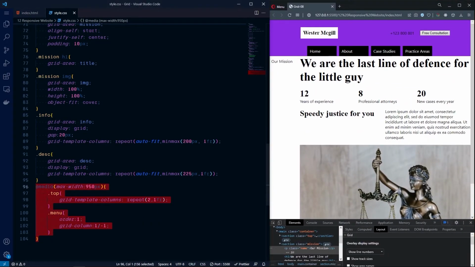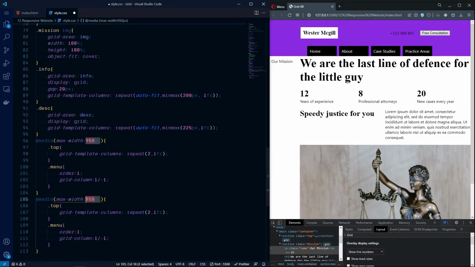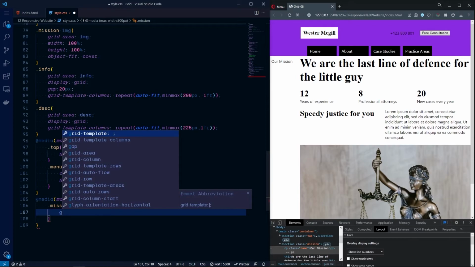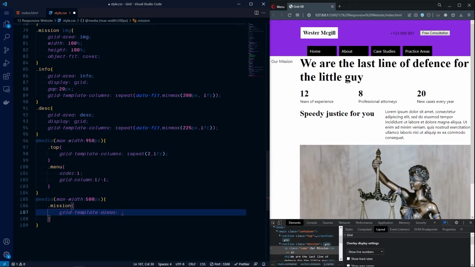Here I will define another media query, paste it, and then change the value here to 500 pixel, remove these, save it. So when our max width is 500 pixel, I want the mission to have a change in grid template area. So we will define a new layout here using this, and here I will say mission